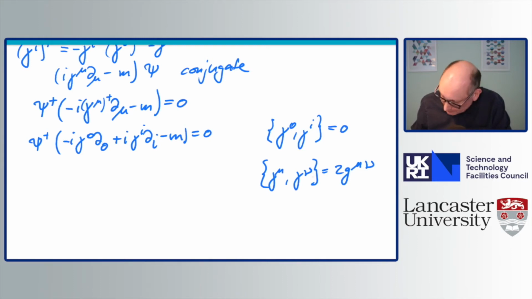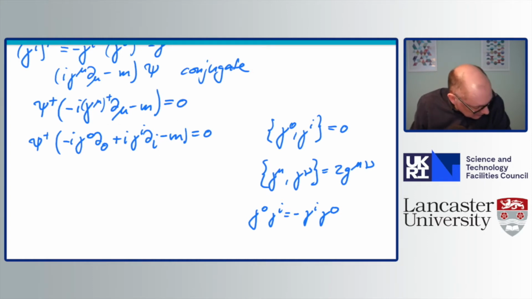Gamma 0, gamma i, the anti-commutator, is 0. So that means that gamma 0 gamma i is equal to minus gamma i gamma 0. So if you multiply this equation here from the right with a gamma 0,